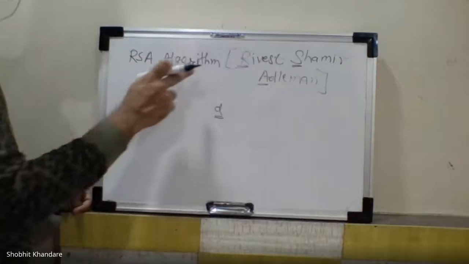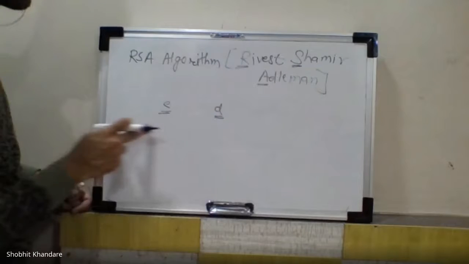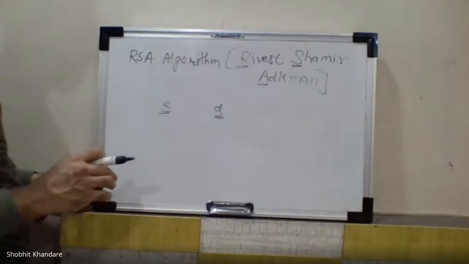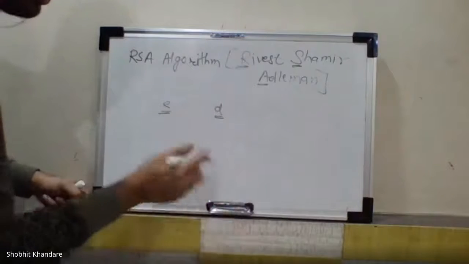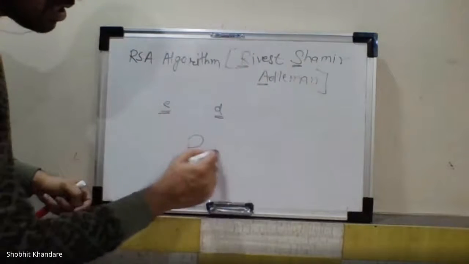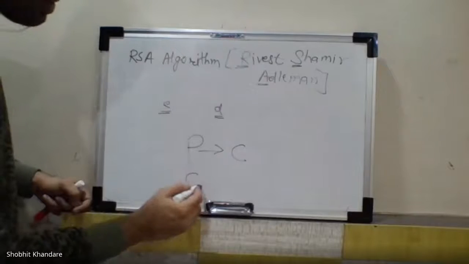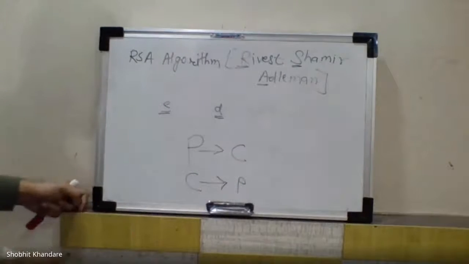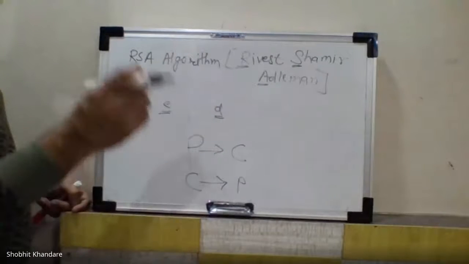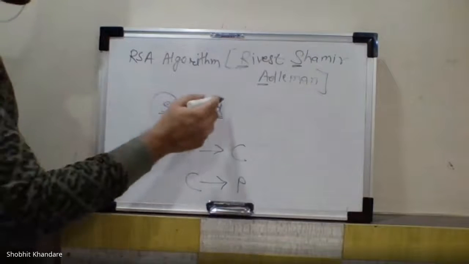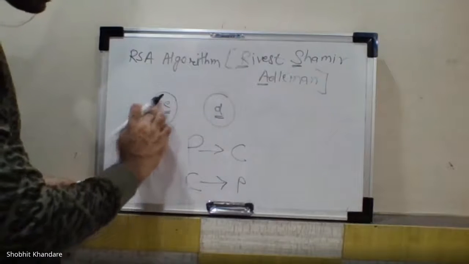So in asymmetric encryption, under the RSA algorithm, we need to find these two keys. There is a specific procedure for how to find the keys E and D. And the ultimate goal is to convert the plain text into the ciphertext on the encryption side, and convert the ciphertext back into the plain text at the receiver side. So find out E and D, the public key and the private key.